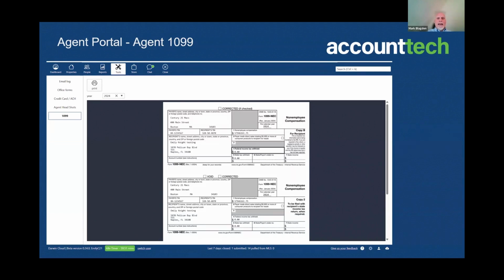Now, for the agents that lose their 1099 when you delivered it to them, you tell them just log into darwin.Cloud, and right here under the year, they can choose past years' 1099s,